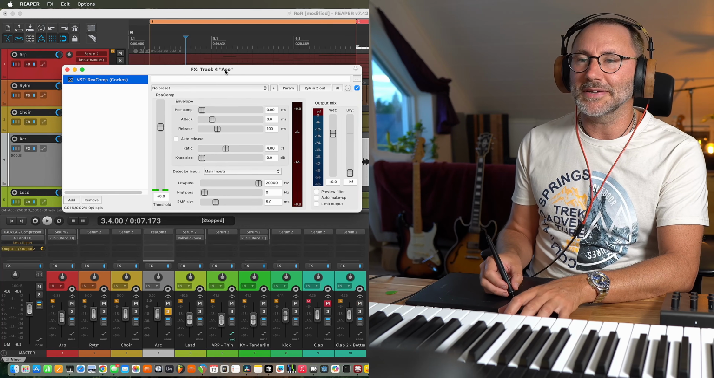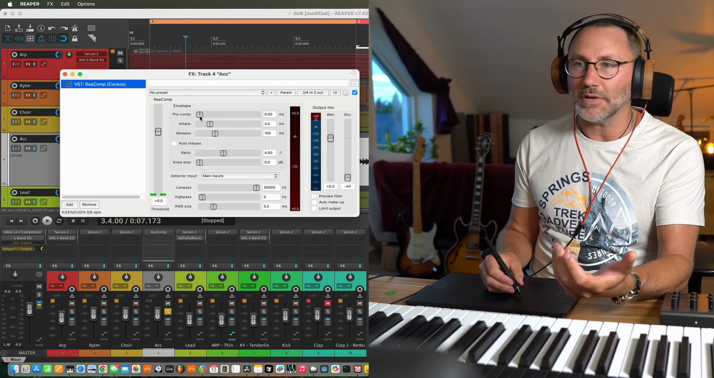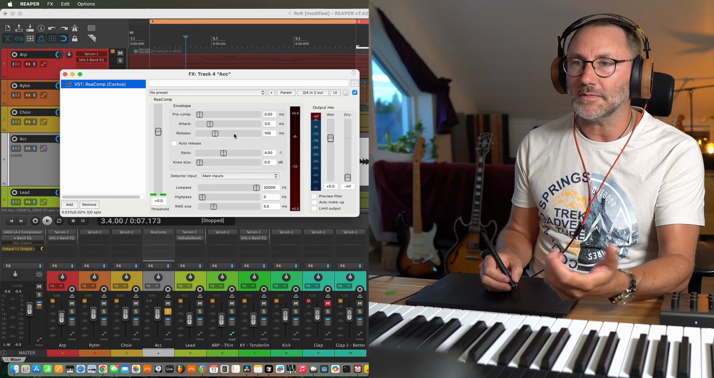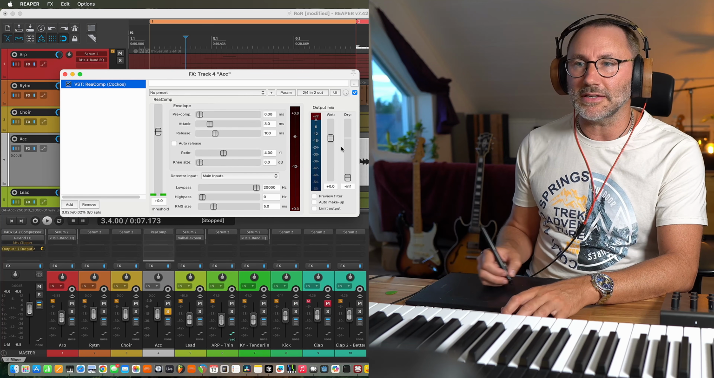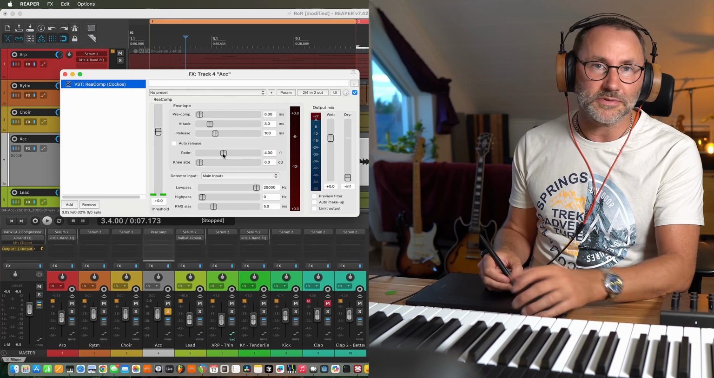Now these ReaPlugs might be very functional. They have all the parameters that you need from a compressor in this case. But indeed, if you compare this to other DAWs, it looks like Windows 98, but